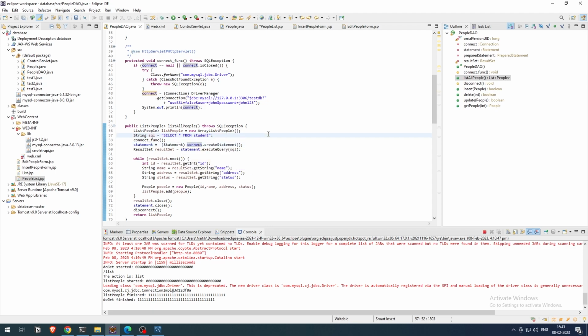So it uses the select statement to get the data, and then the statement interface to execute the query, and the result set object is then used to extract data and create people objects that are added to the list. Okay,